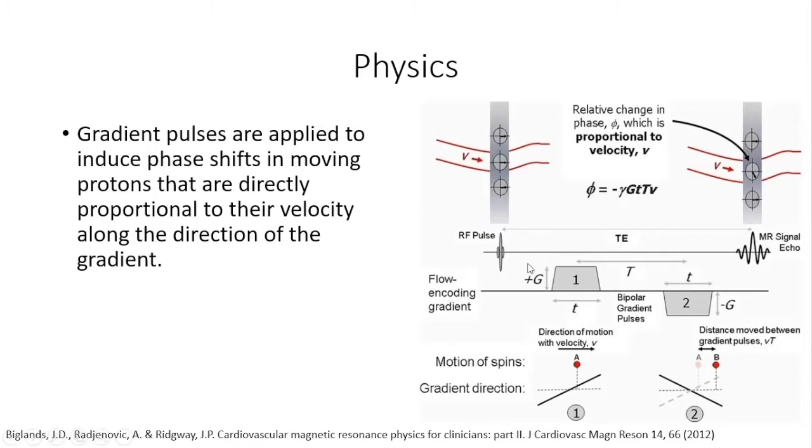Due to an initial excitation pulse, the spins are in phase. Then a gradient is applied to both stationary and flowing spins, causing phase shift. A second gradient of the same amplitude and duration is applied, but with opposite polarity. So in stationary nuclei, there is reversal of the phase shift of the same amount, cancelling the original with no net phase shift. However, flowing nuclei have changed position. So the phase shift is proportional to the velocity of the nuclei.